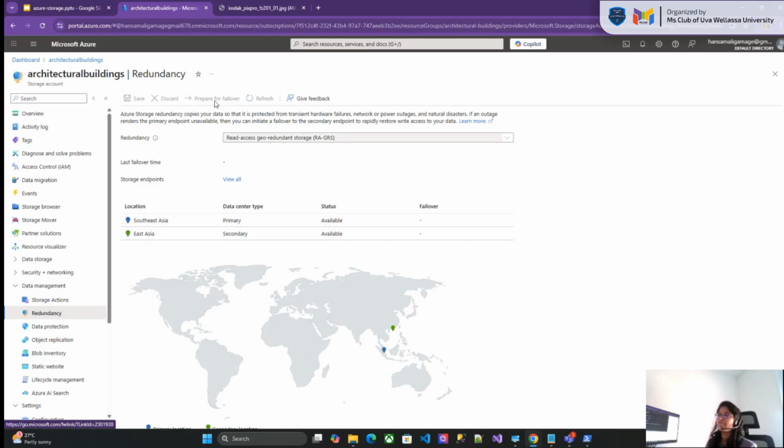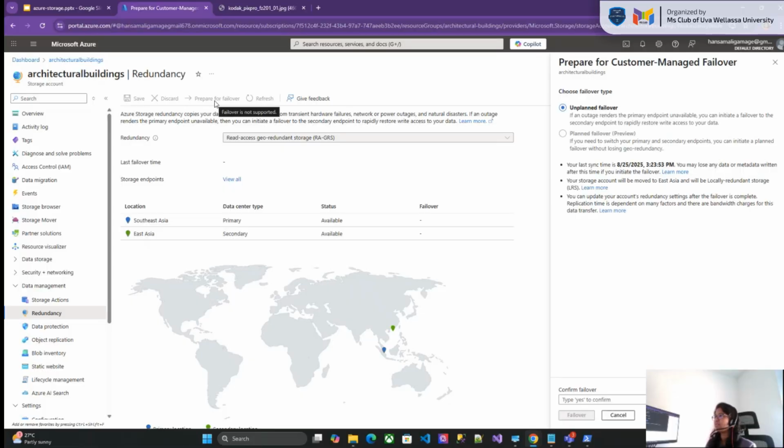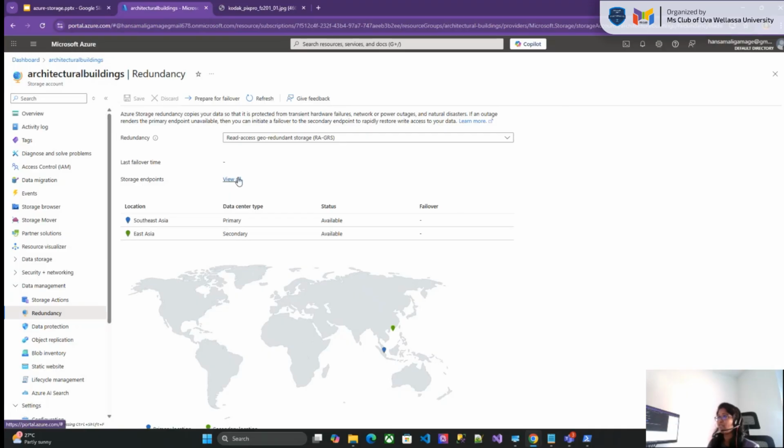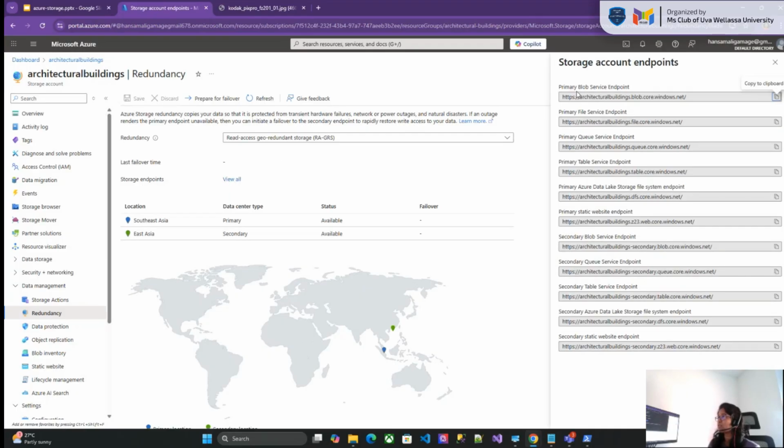Then we do have the failover. If some failover happens, you can have the unplanned failover, and you can do the failover to the secondary region. And if we click on the storage endpoints, you can see, since this is read access geo redundant,